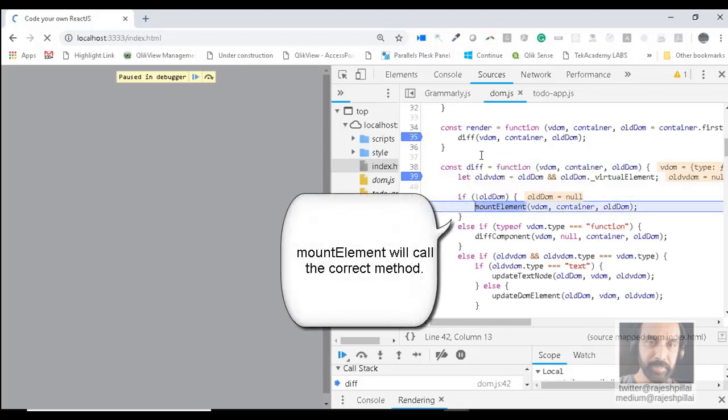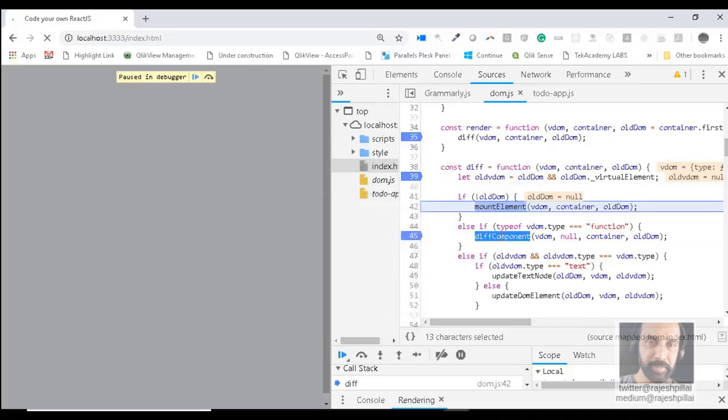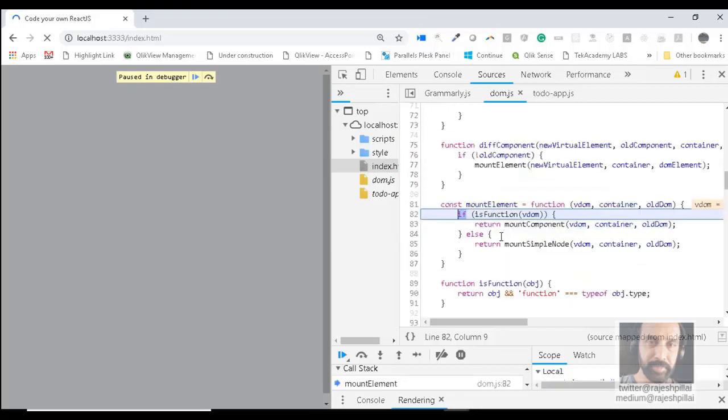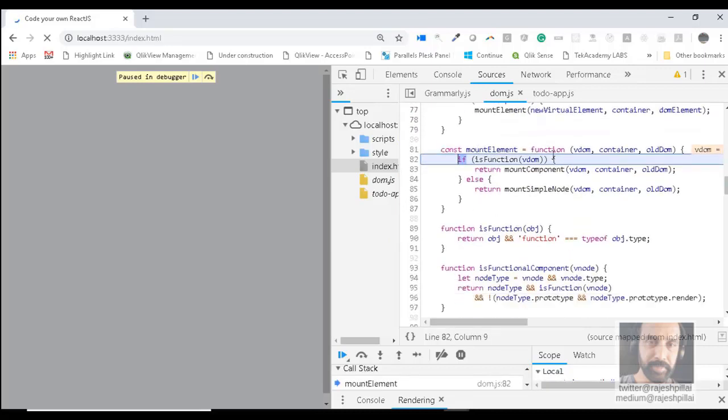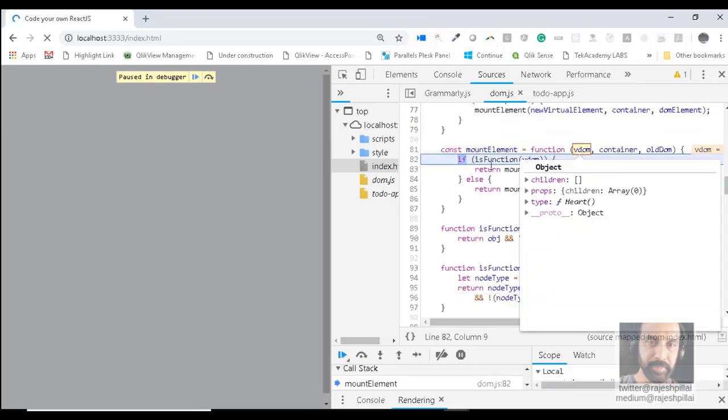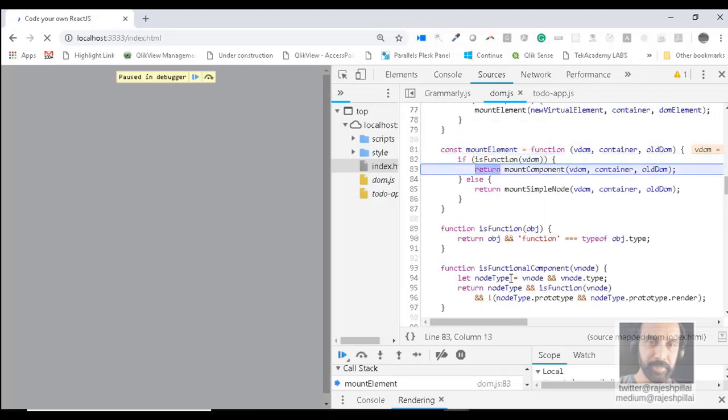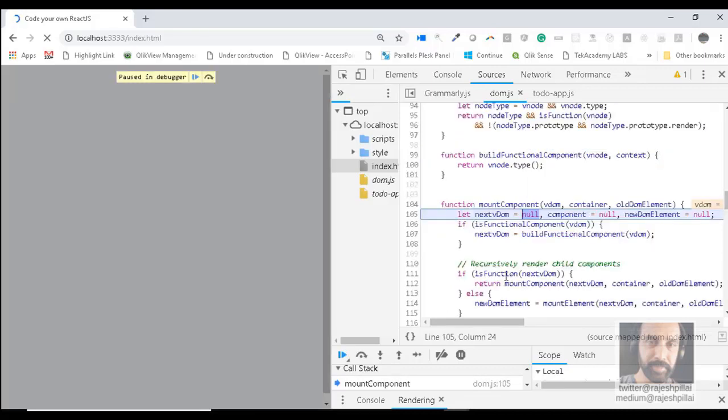Now we were hoping this should go to the diff component function, right? But again, this is a good test case, right? Because we could ensure that even our functional component is rendering during the first render cycle as well. Now we are taking care of the component diffing within the mount element, as you remember the code. Now, if I press F11, I'll go into the mount element. Now within the mount element, this VDOM type will be function. So it will invoke the mount component function, and now if I press F11 again, it will go to the